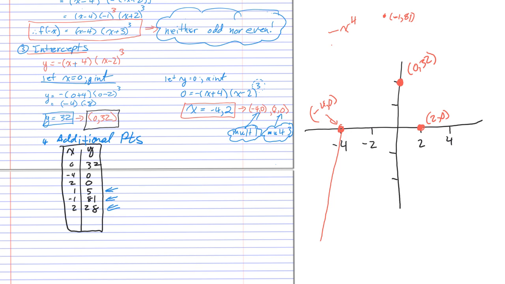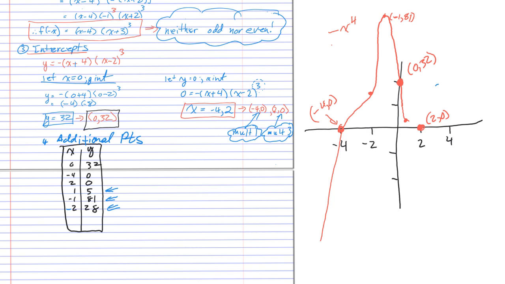So our first point is (-1, 81), and it's way up. The next point we have is (1, 5), which is way down here somewhere. The next point here, to be corrected, is (-2, 28). So our curve is kind of like this. Our curve kind of comes up, does this, goes up, comes back down. But as the graph comes down, as it approaches